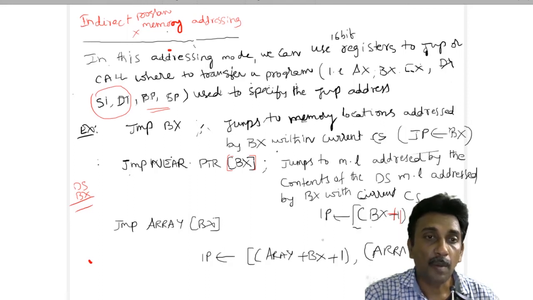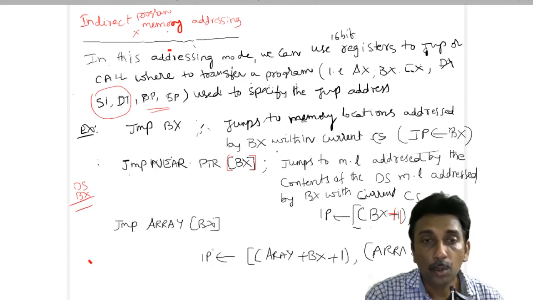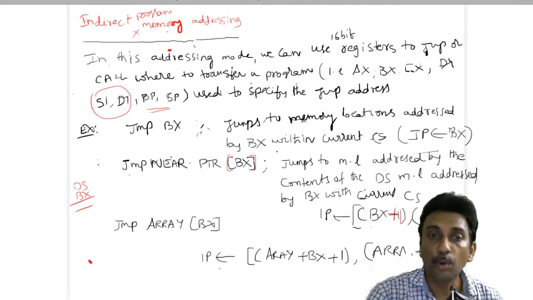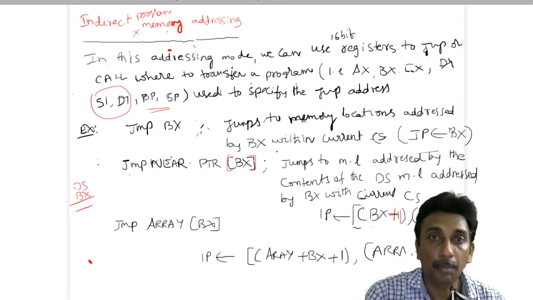So the consecutive memory locations will be used in the array, particularly in a two-dimensional array, for keeping records and everything in a particular store and for other purposes. This array will be useful in the form of indirect program addressing.